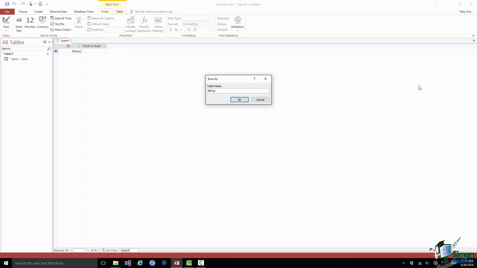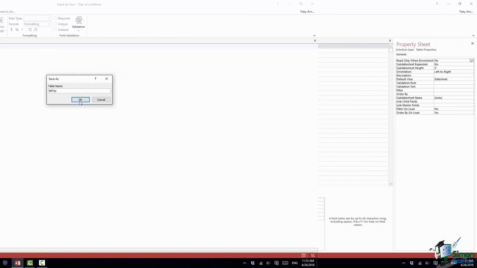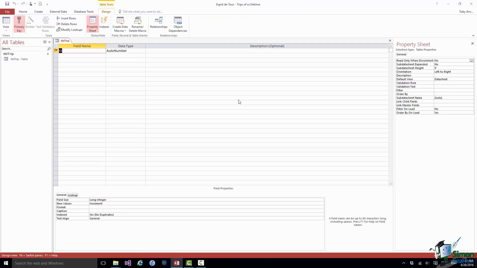So the trip table is called table trip. Now I'm in design view for the trip table. And in design view I can see the individual fields that make up the table. By default I have a single field. Its field name, which you see in the first column there, is ID. It has a data type of auto number,